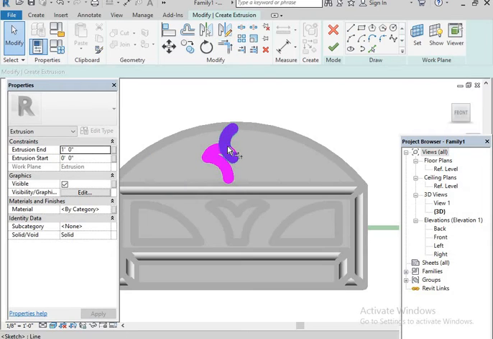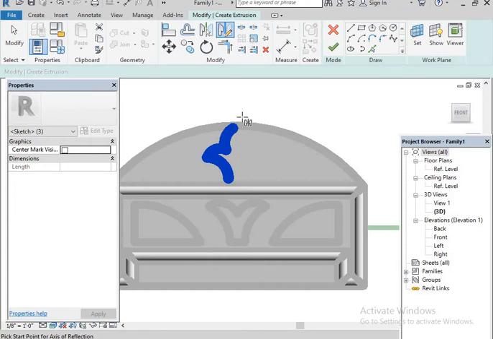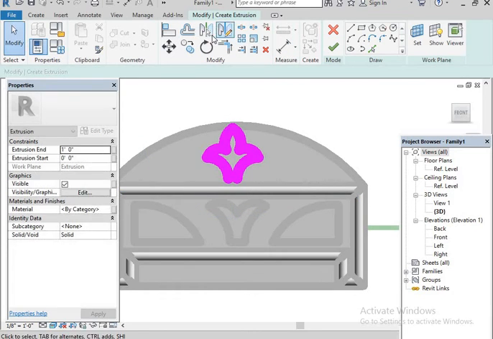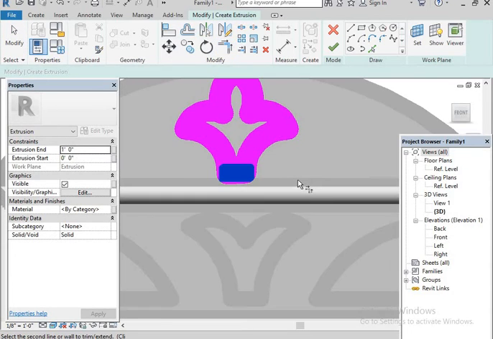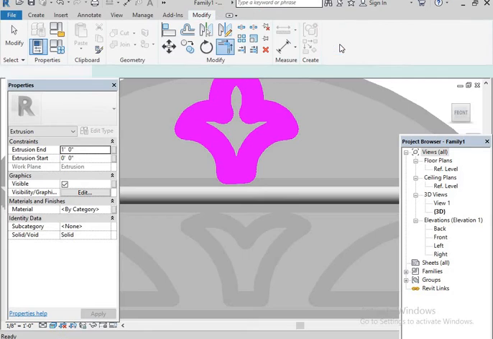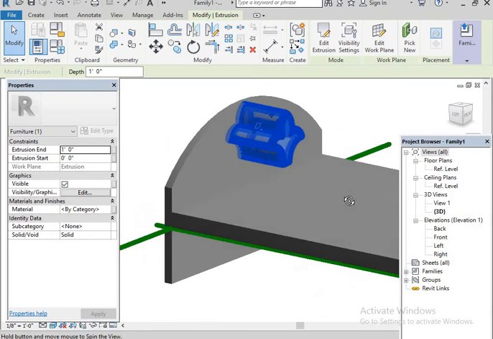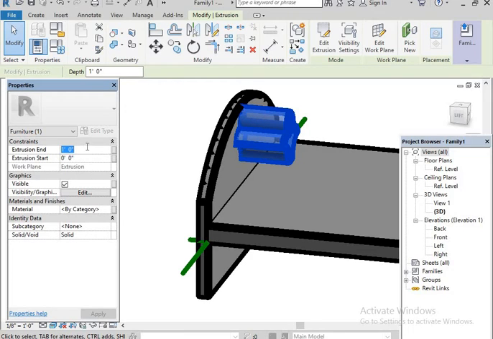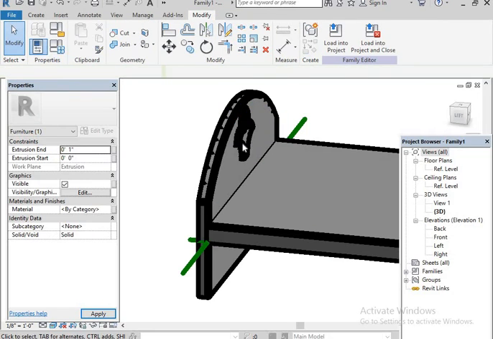After that, select this one, draw mirror axis. I just mirror it to this side. Trim corner, this one and this one. I think this, and so Finish. Turn it, select as usual, like 1 inch, apply. See,